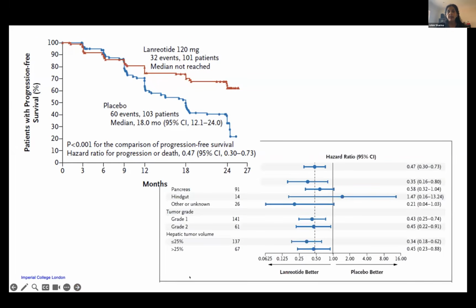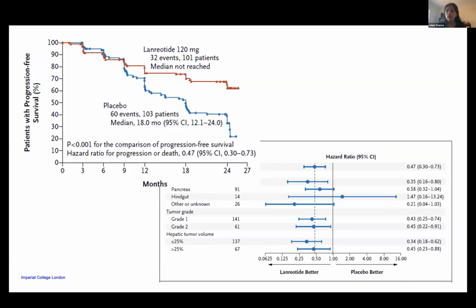Again, when we look at the plots, there was more benefit for patients that had less hepatic disease. So again, you could use the somatostatin analogs, either octreotide or lanreotide, for patients with low volume disease that have grade 1 or grade 2 and who haven't got progressive disease. That's where that really fits in, and this is regardless of whether or not they're functional tumors.